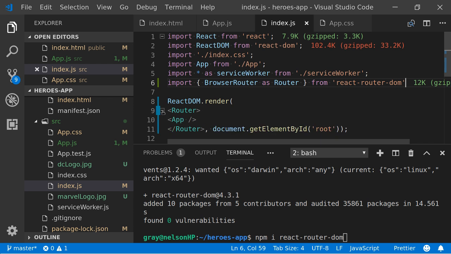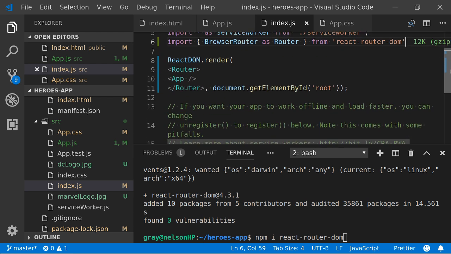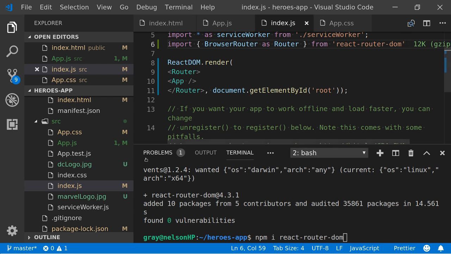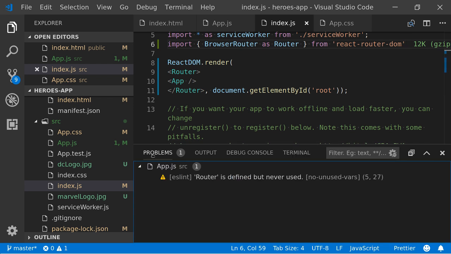Oh, there it is. I wonder where my code had gone. Okay, what problem have I got over here? Router is defined but never used.